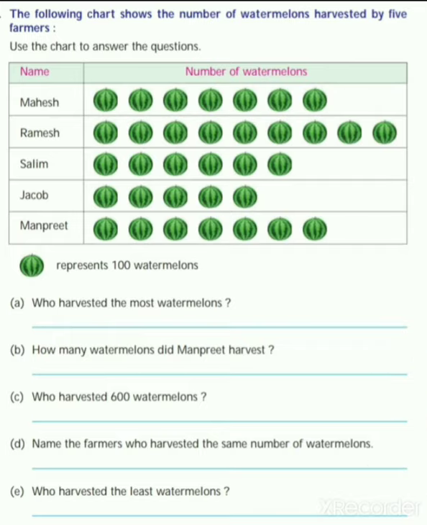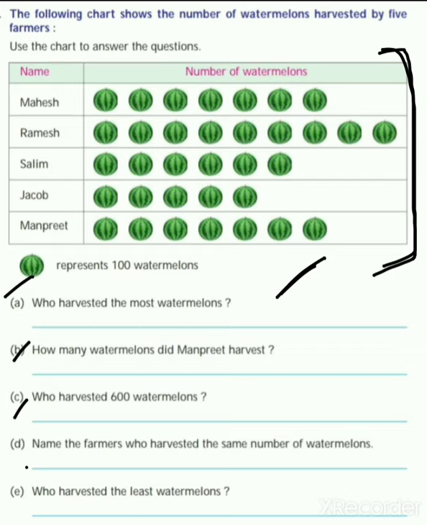You can see in this example a picture is shown to you. Here is a pictograph. This is a pictograph. Why? Because in this, data is represented by pictures. So this is an example of a pictograph. Now you are given a pictograph and you have to find the answers of the given questions. Okay, so let us start.